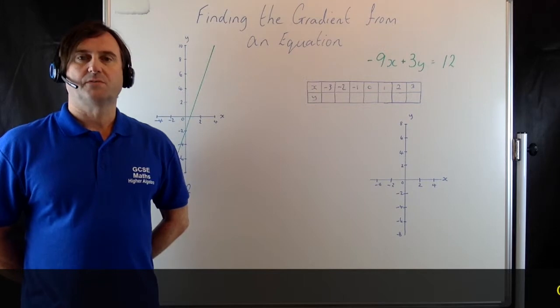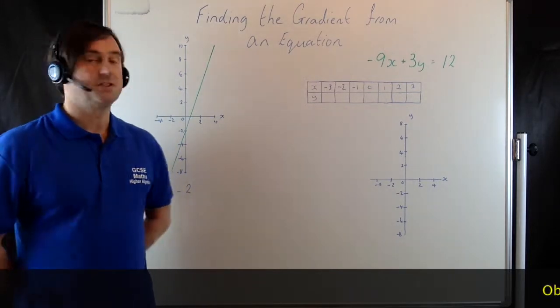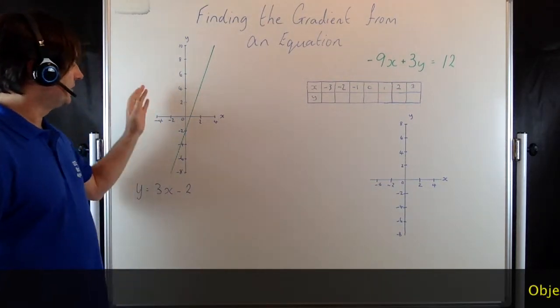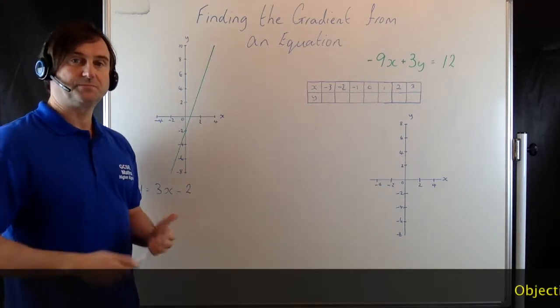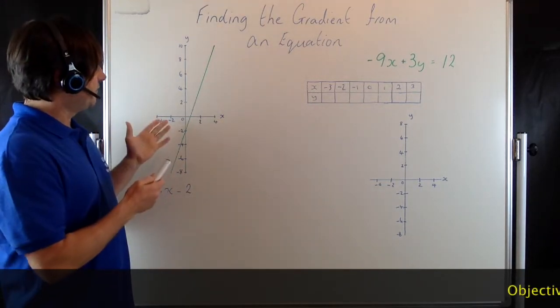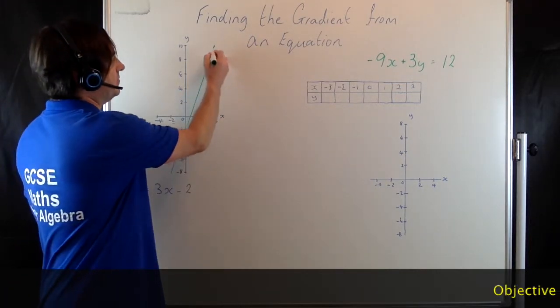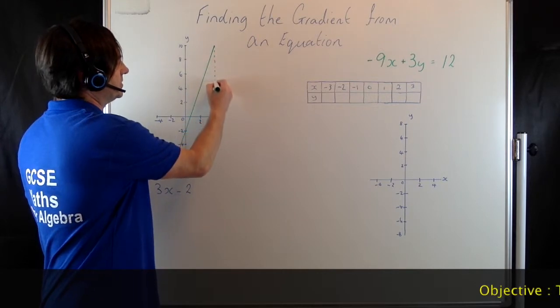Hi, welcome to my tutorial on being able to find the gradient of a straight line graph from its equation. What we can see here on the left is the graph of y equals 3x minus 2. If we have a look at the gradient of this graph by drawing a triangle between 2 points,